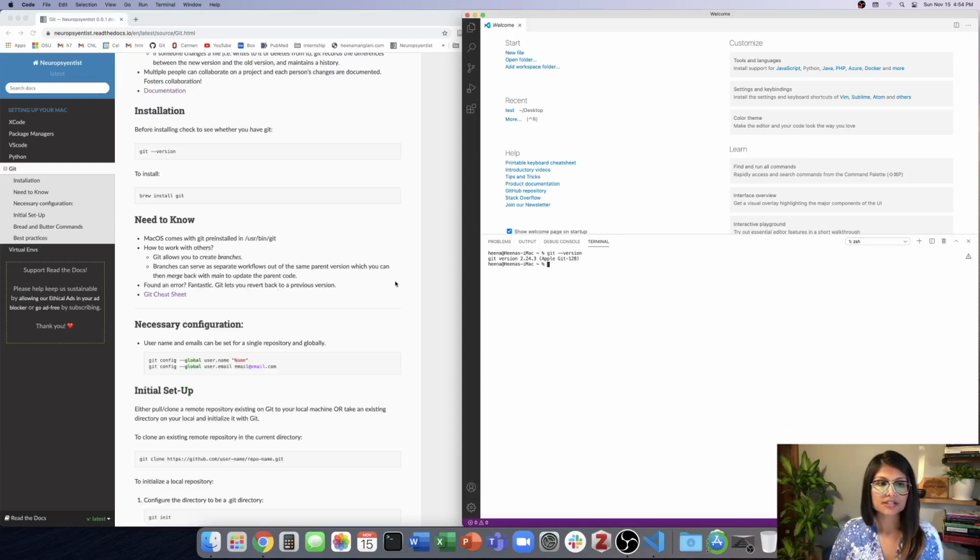So some important things to note. How does Git allow us to work with others? The way Git is formatted is that you can have a main parent directory, so you might have some code on there, and I might want to work on that code, but I'm still unsure if the changes I want to make work and function as I want them to. And so I could have my own branch where I take that code that's in the parent directory, I pull it to a different branch, I work on that branch,